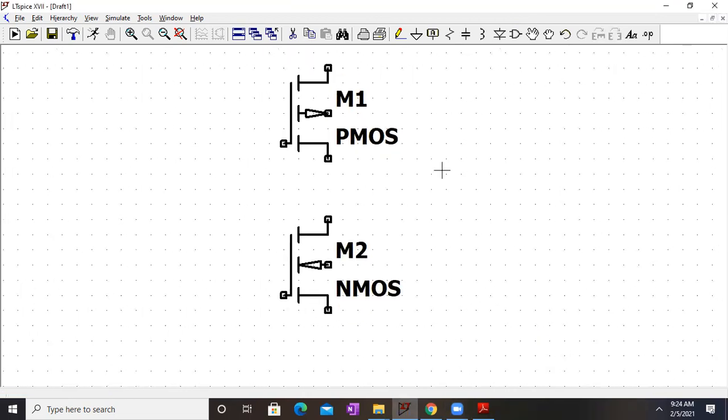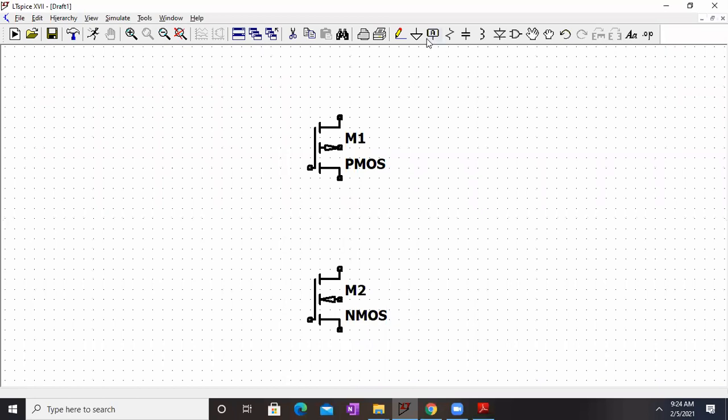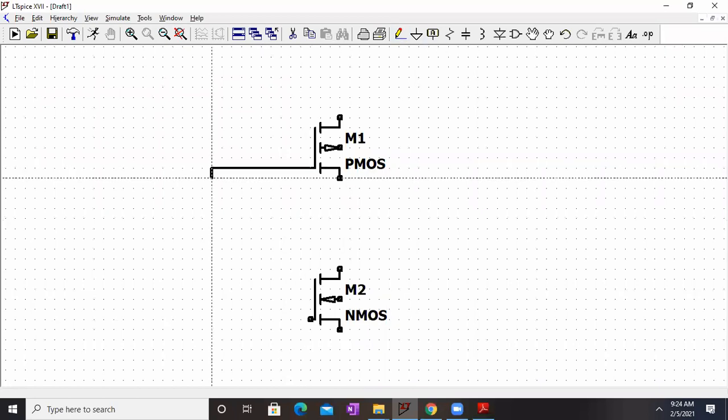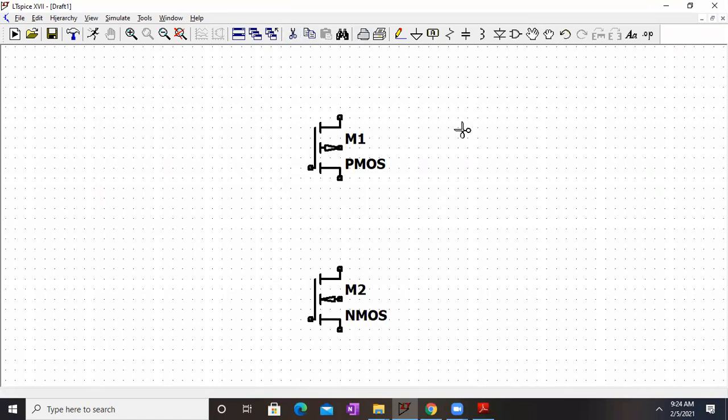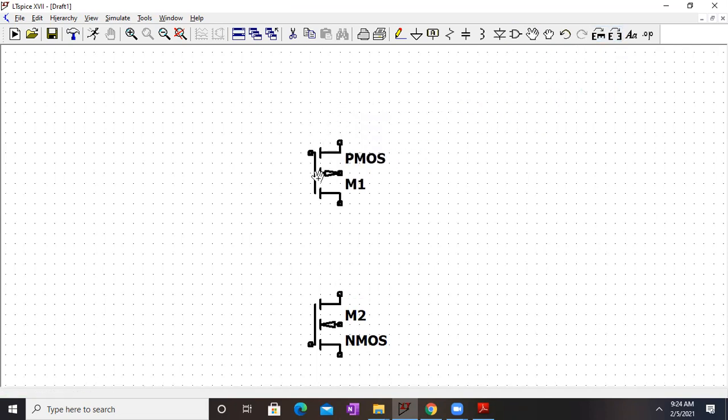Let me do one thing. Let me just take some distance between them. Okay, fine. Now I have to add. Okay, fine. Before doing that, sorry, your PMOS has to be interchanged a little bit. Orientation has to be done. So I'll select this, and I will be orienting it differently. Basically, what happens is, this is the gate terminal. And whenever we have a gate terminal nearby, we have a source terminal. So for a PMOS, the source terminal will be connected to VDD. That's why we have to do this orientation.